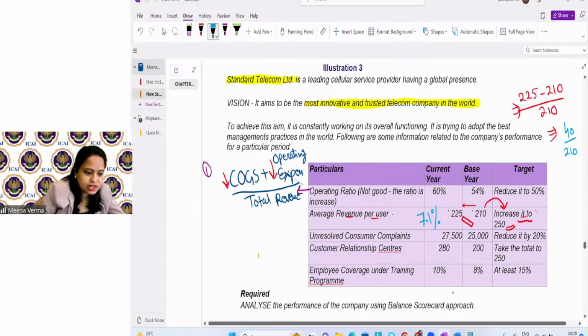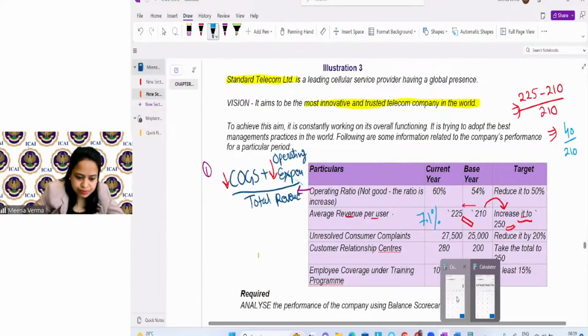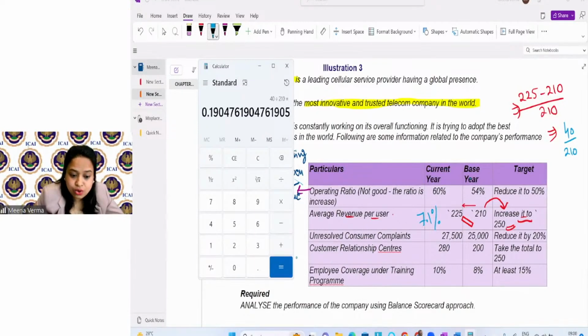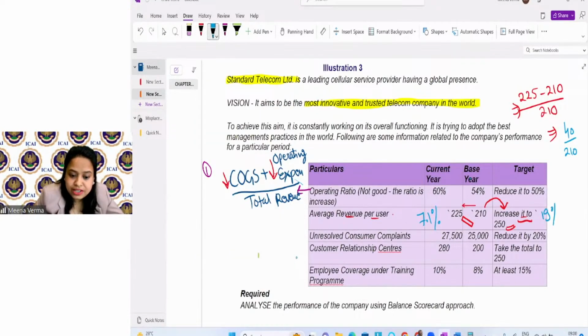You have actually targeted it to improve by 19%. The target was to improve it by 19%, but you have improved it only 7.1%. So accordingly, you have to